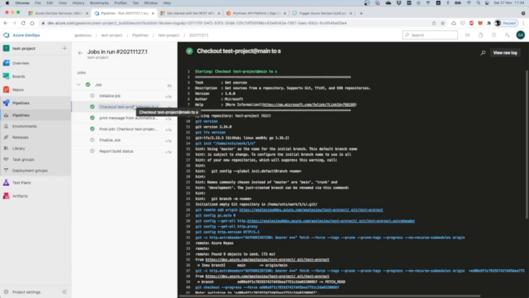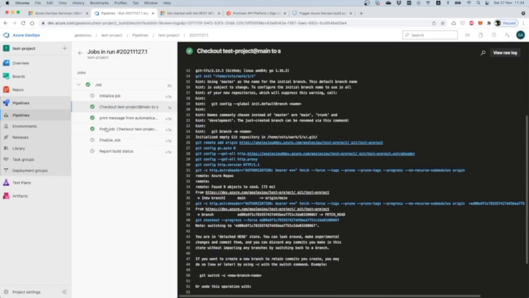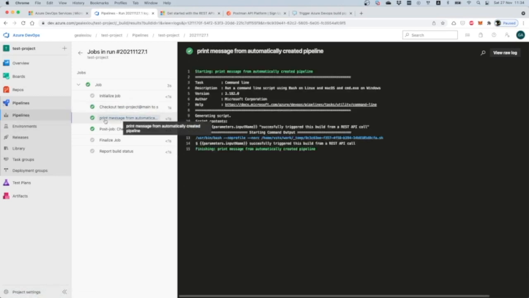So it will go and check out this repository and will get also our definition of the YAML file, which is located there. The next step that will run will be the print message that we provided,